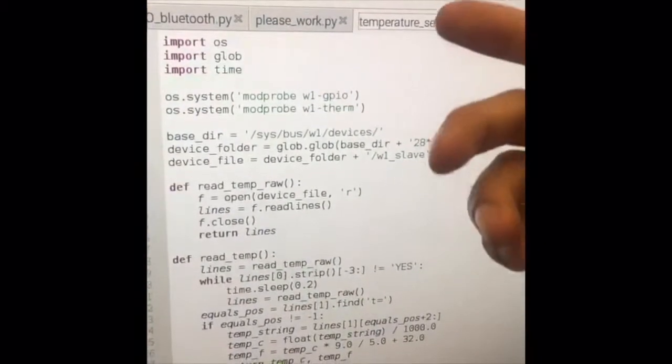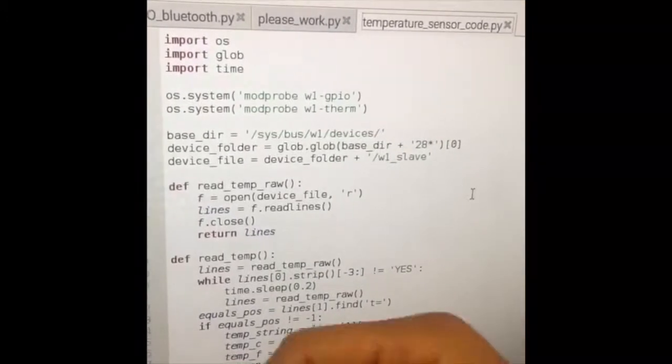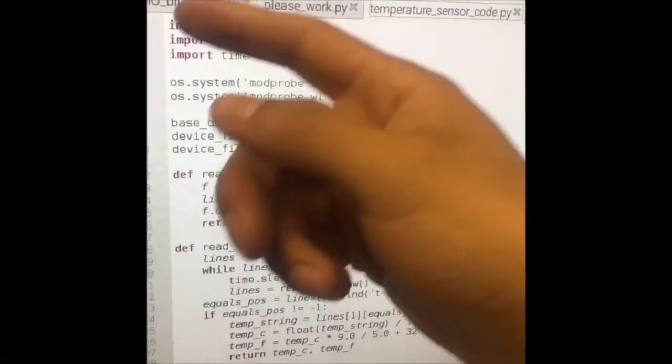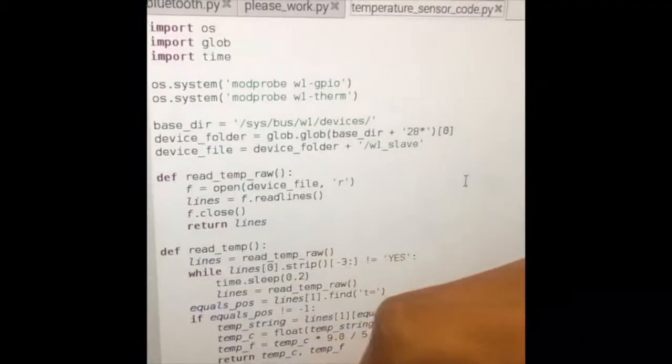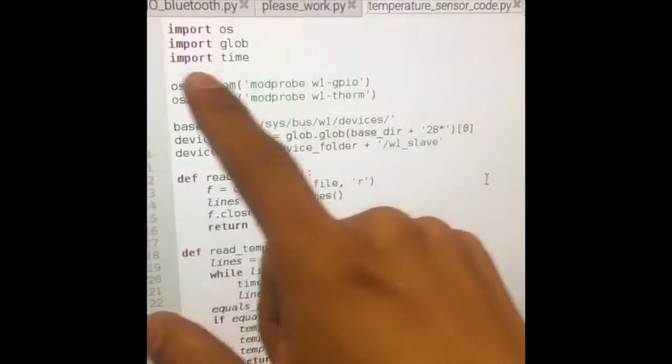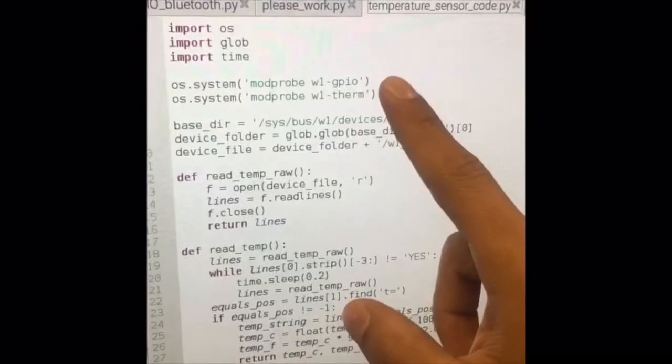Here we have our temperature sensor code. These libraries contain the functions we need in order to run this code. As you can see, we call the function down here. And over here,